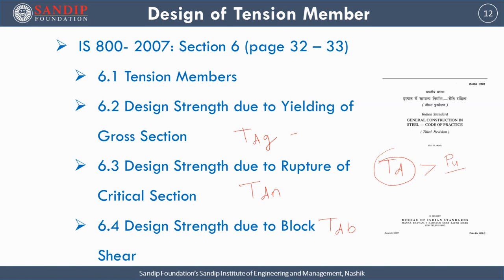So for this session we will stop here. In the next session we will start with angle section, the design of tension member using angle section, and different aspects related to angle section tension member. Here we have seen modes of failure typically applicable to plates only. We have not gone into details of angle section as tension member here. So in the next session we will continue with that and study in detail different aspects of tension member design using angle section.